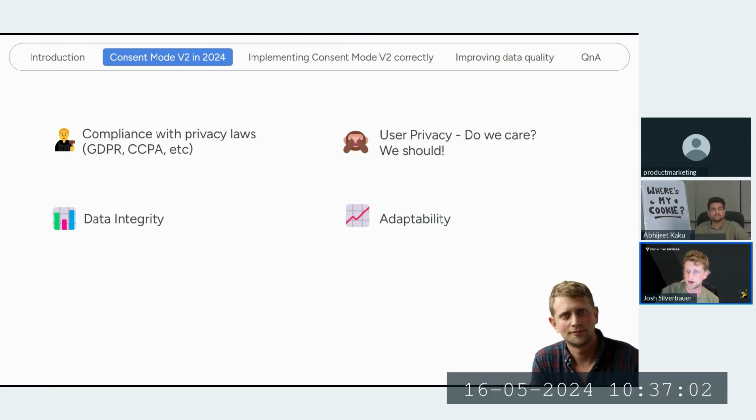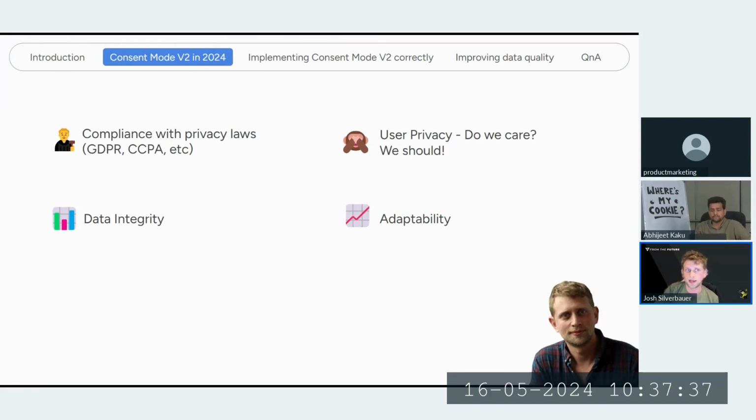Obviously there have been significant shifts in privacy laws over the last few years, and they have really affected and threaten Google's business model of using data to optimize campaigns, and different regions have different compliance laws that affect what you can and can't send, right?